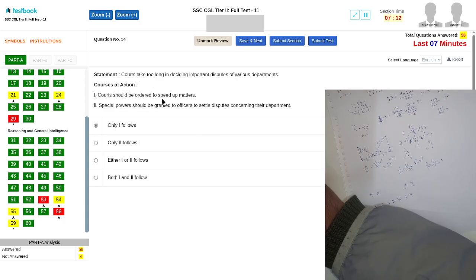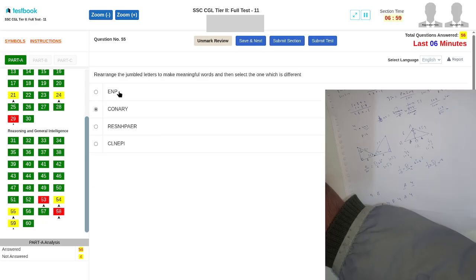Courts take too long in deciding important matters. Courts should be ordered to speed up matters. Special powers should be granted to officers concerning the department. Pen, sharpener, pencil. इसका कुंदरी